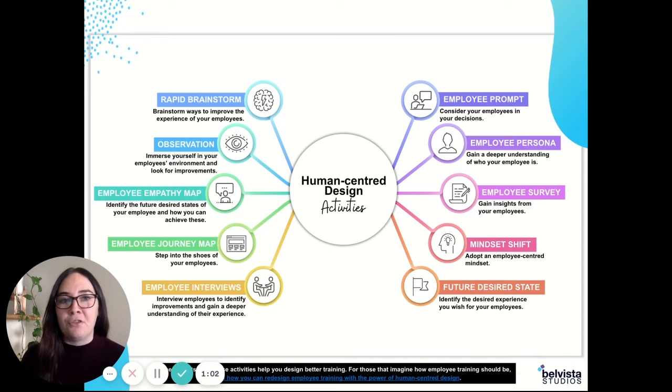Today I'm going to be talking you through one of our human-centered design activities. So you can see on the mind map here, we've actually got 10 different human-centered design activities. These have all been designed to help you apply human-centered design so that you can really understand and help your